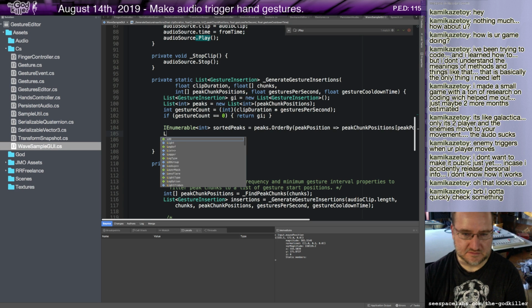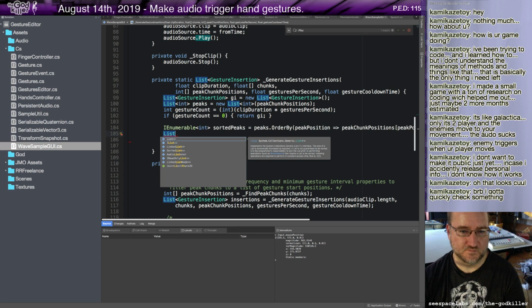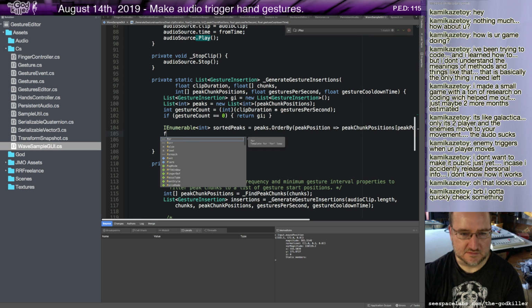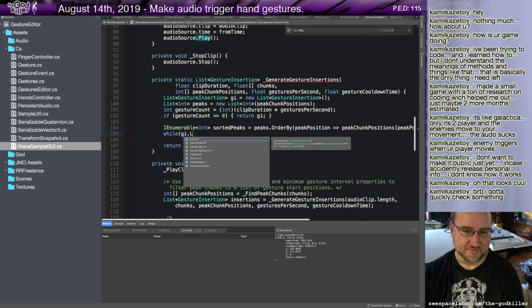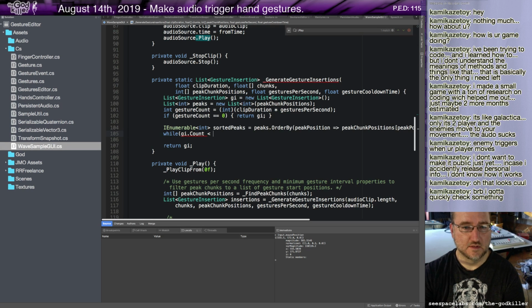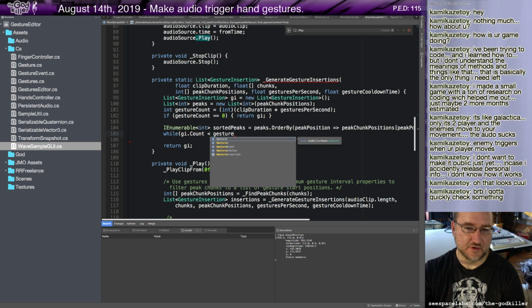So, okay, while I haven't filled up my return array to the amount that I want,